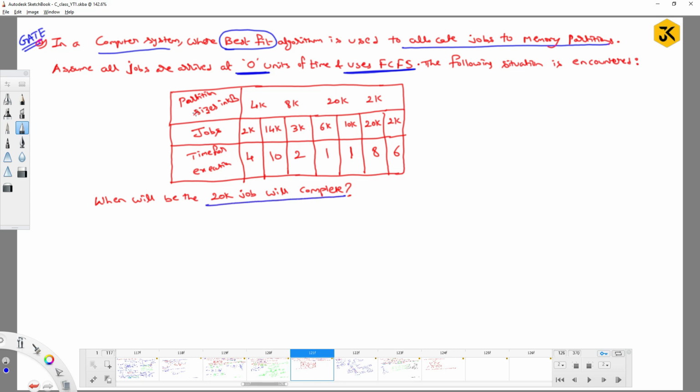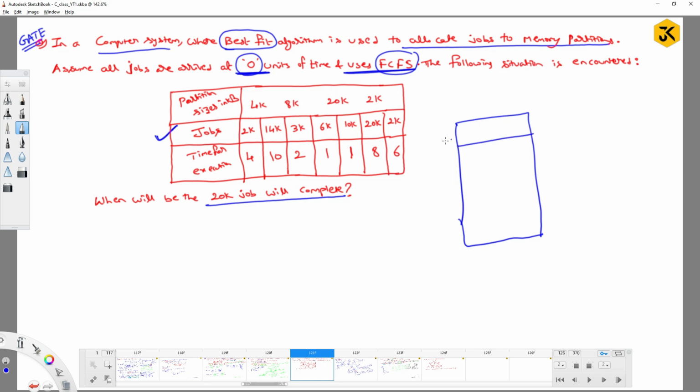If you observe, they are using the best fit algorithm, and as we think about the jobs, we need to know when all will arrive. Among the algorithms we have seen earlier, one is the first come first serve algorithm. They arrived at 0 units of time. So what kinds of partitions are available? The partitions that we have been given are